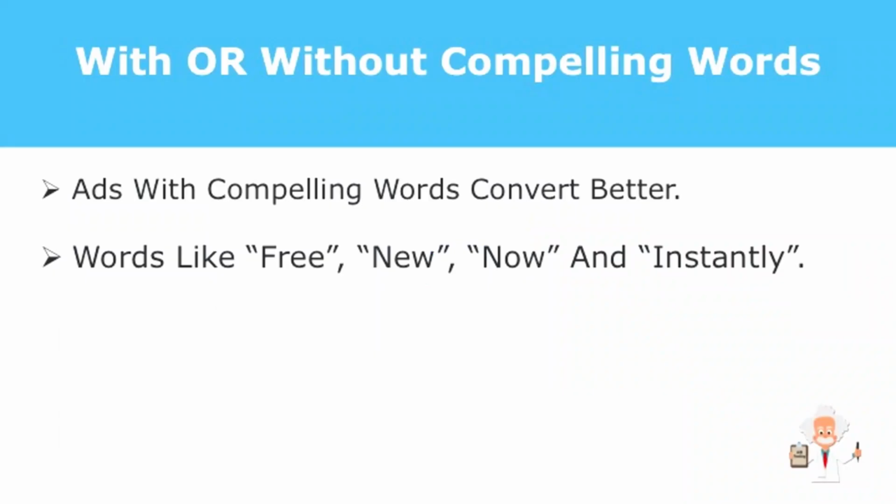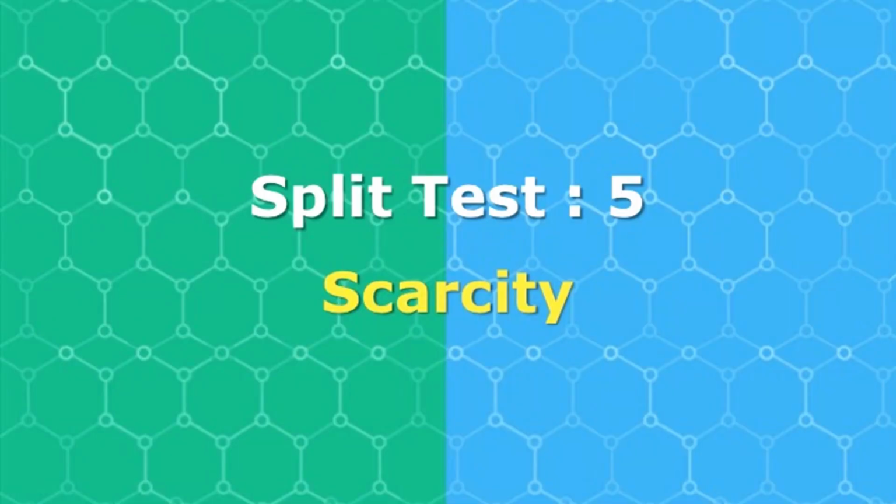So, why is this possible? These words represent the edge your products have over others and effectively represent it with a single word. And as for the power word free, the answer is simple. Everyone loves free stuff. The next element you should look at is the element of scarcity, which in essence tells